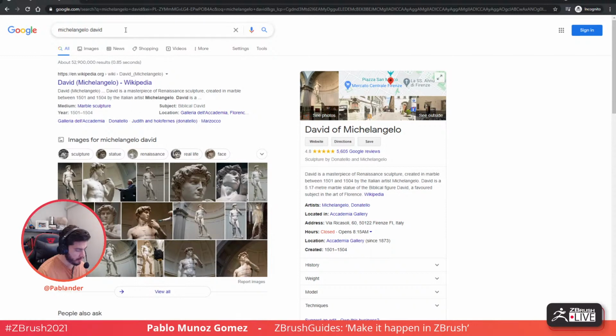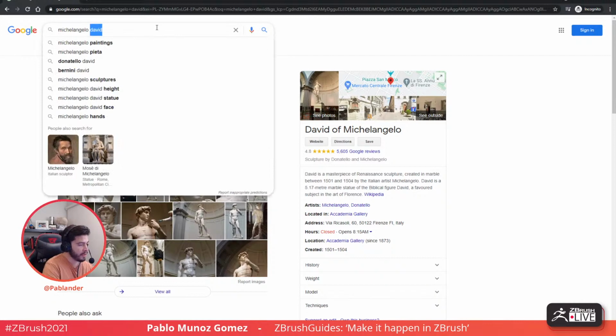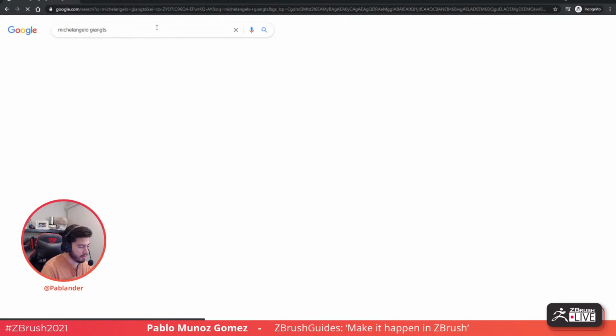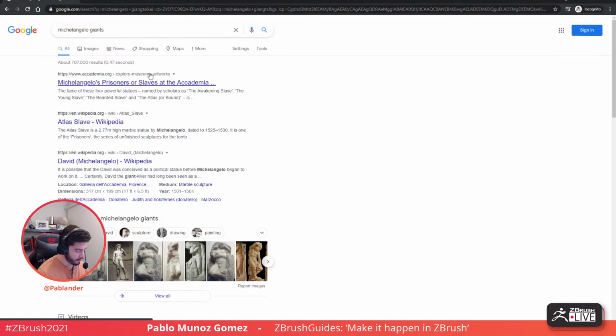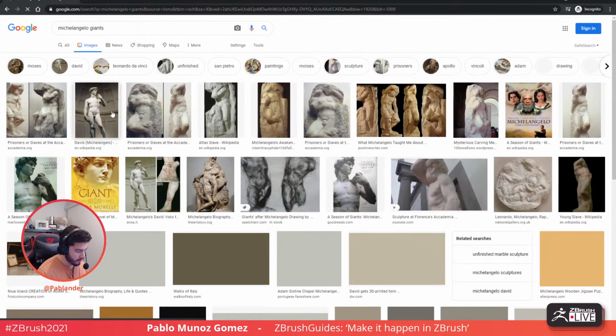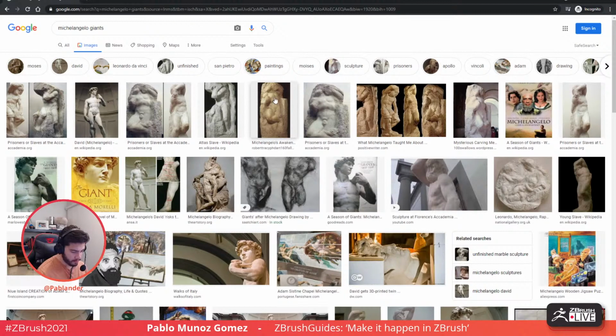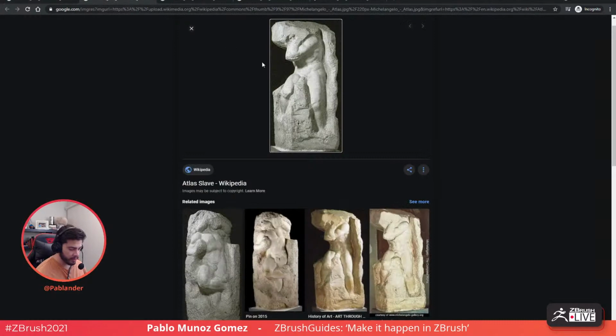So that should be, hang on, let's just call it the giants. Yeah, here we go. So these ones right here. You have the Atlas, there's the young slave, all of these. This one is fantastic. Anyway, I'm just going to open this one to give you an idea. So these ones, I think they are in that hall leading up to Michelangelo's David in, I think, the Academy of Florence. Sorry, I forgot